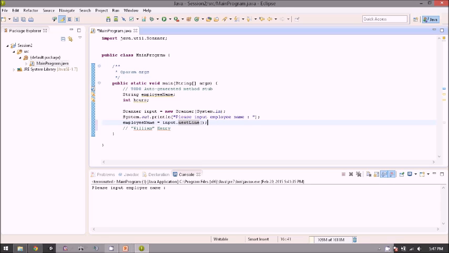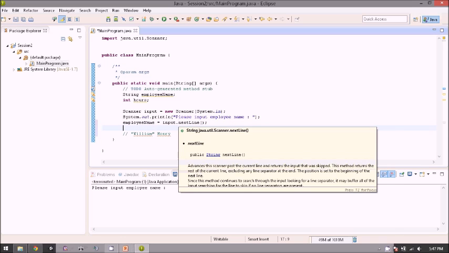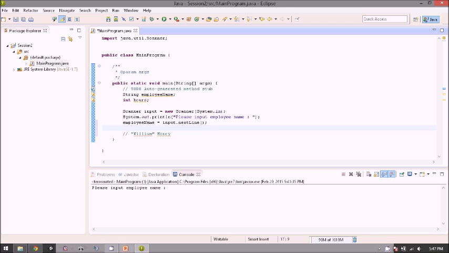Okay, so we already get the employee name. We already make the program ask for employee name, and then let's write this employee name we input to the program.